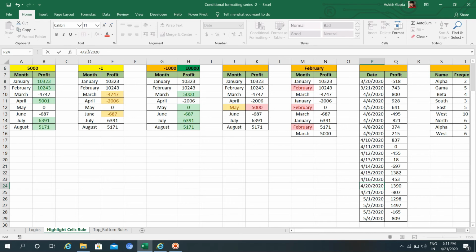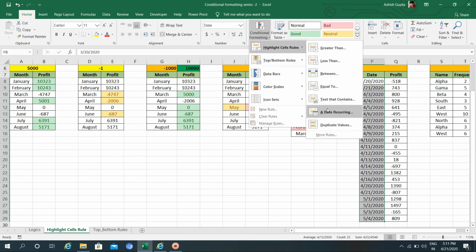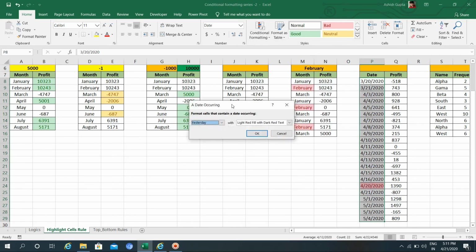Now I'll go to this section, select the area, go to conditional formatting, highlight cells rule, date occurring. Now you can see, today's date is 21st April 2020, so yesterday's date will be 4/20/2020.